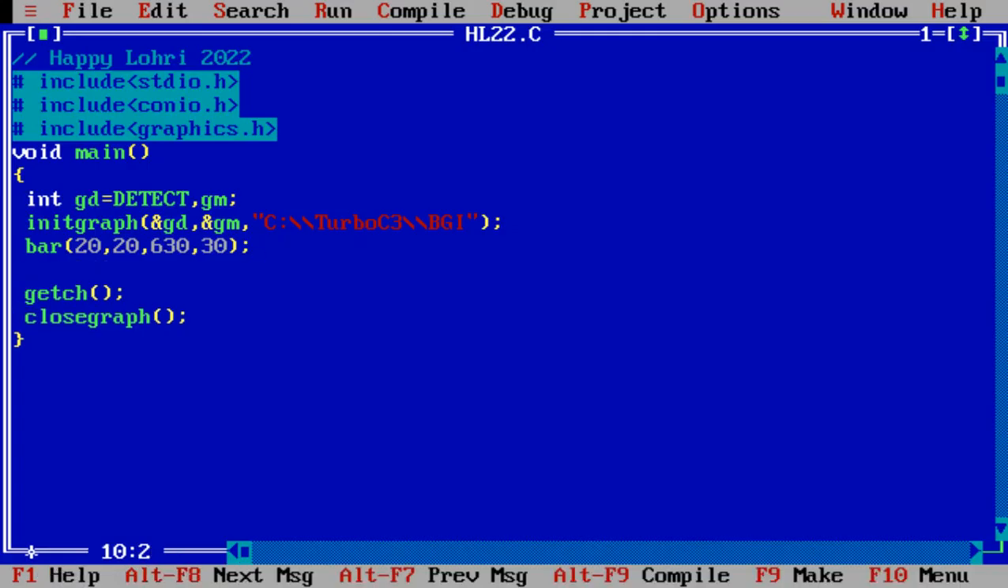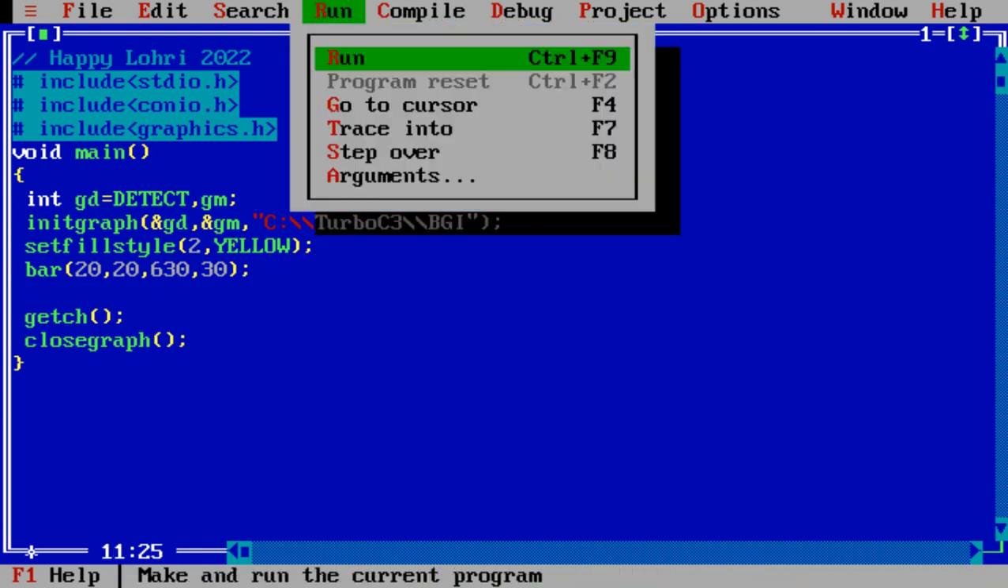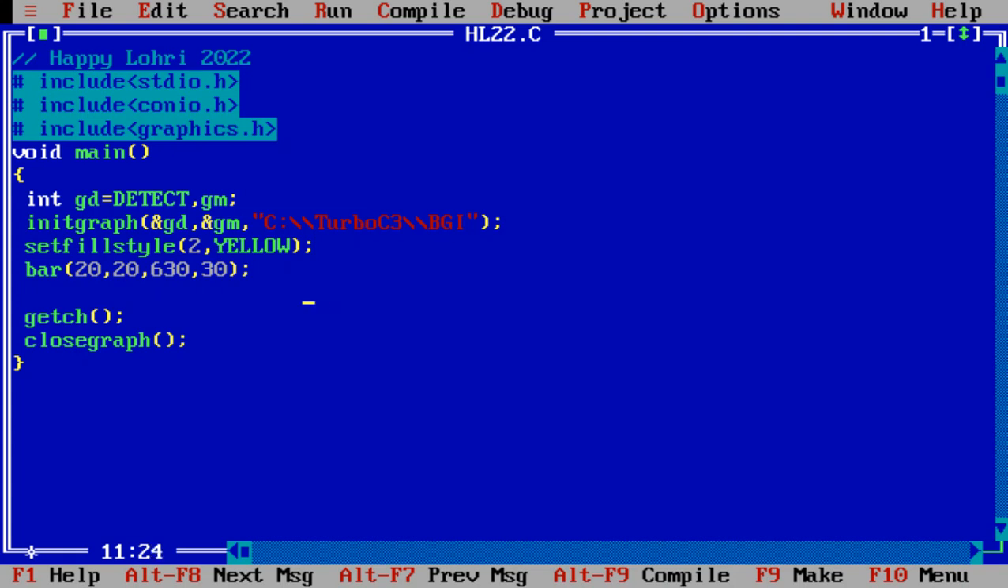You can change the color also, and you can change the fill style also. For that, we have to use the code setfillstyle, and inside that, suppose I am writing 2, YELLOW. Now what is the meaning of this? 2 is for the design pattern and yellow is for the color. Let's execute this one. Now you can change the value. Yes, you can see here at the top of the screen yellow colored lines are there, and similarly below this,